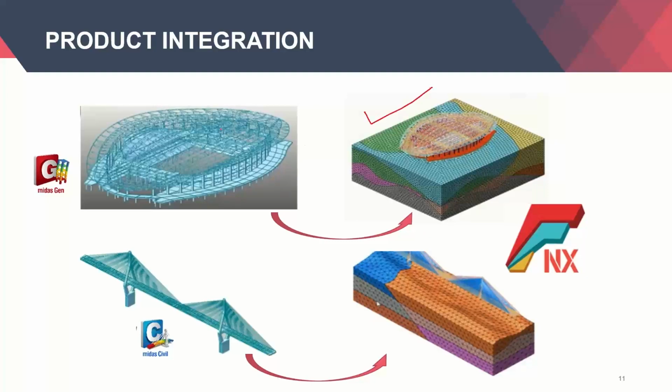On the left, you have the Gen model on top, and on the right, you have the complete GTS model. On the left bottom, you have the cable-stayed bridge design from Midas Civil. On the right, you have the ground incorporated to check for the various deformations caused by the presence of the bridge along with the load applied to it. So you can see the ground here is quite complicated. It is not exactly something that you can just enter as data and then get the result. For this, we have certain tools in GTS NX or also in FENX, which I'll show you later on while I demonstrate the model to you.